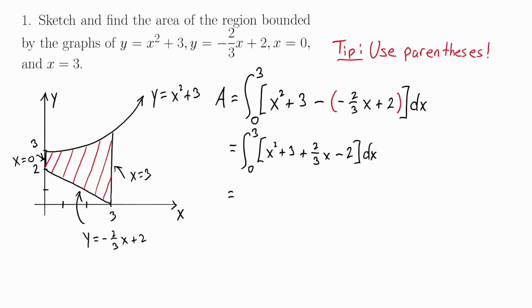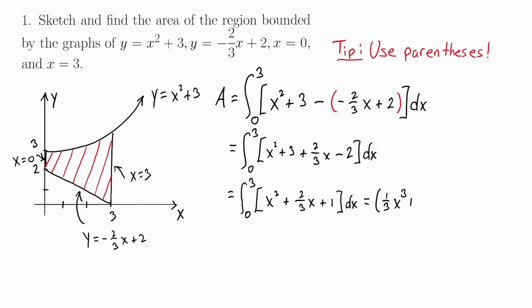And you can go ahead and combine the like terms, the numbers there, 3 and negative 2, and write this as the integral from 0 to 3 of x squared plus 2/3 x plus 1. And at that point, we can now find an antiderivative term by term by applying the power rule. If we go ahead and do that, we'll get for the first term your antiderivative for x squared. That antiderivative will be 1/3